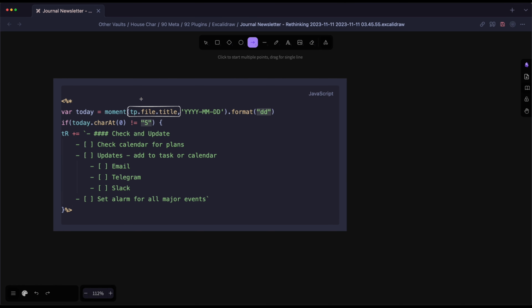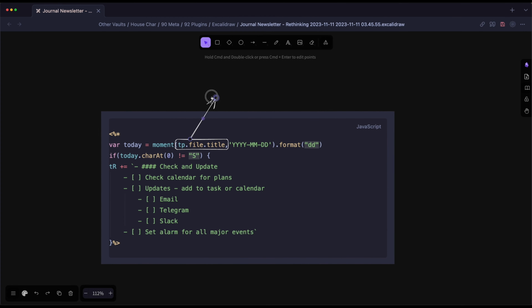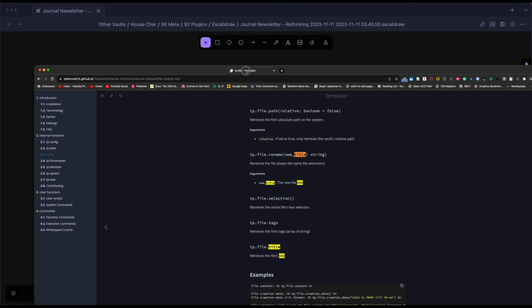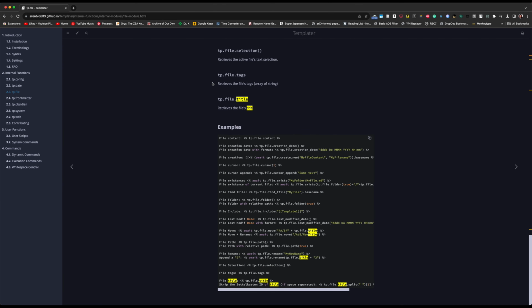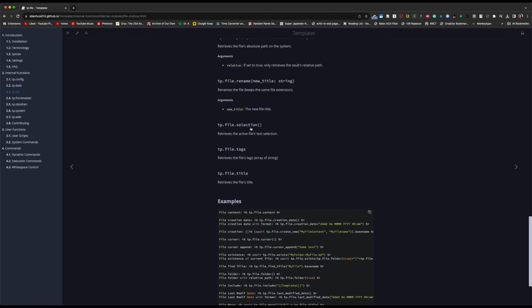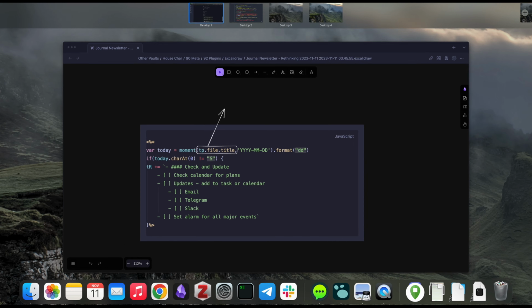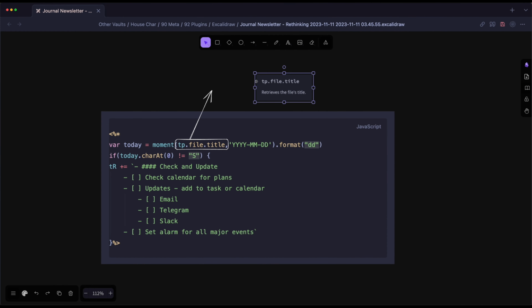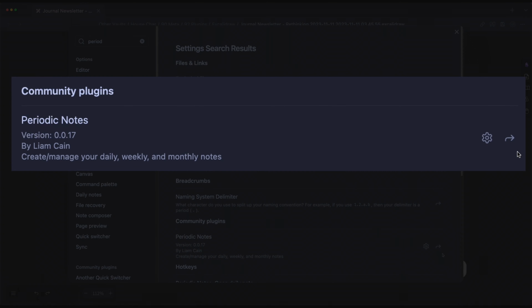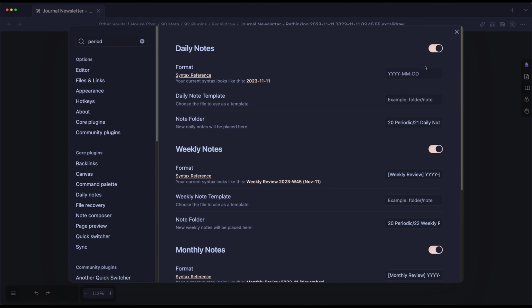Here you have tp.file.title, and it's basically just from Templater's original scripts. If I bring up this screen, title, it's here. This is tp.file.title. If you look at their documentation, it tells you exactly what you can get out of Templater. But first, let me just bring this here. This file.title, the question is, what is the file's title and how do I get it to be the date title? If you look at Periodic Notes, you have daily notes, which I turned on, and it automatically gives you the